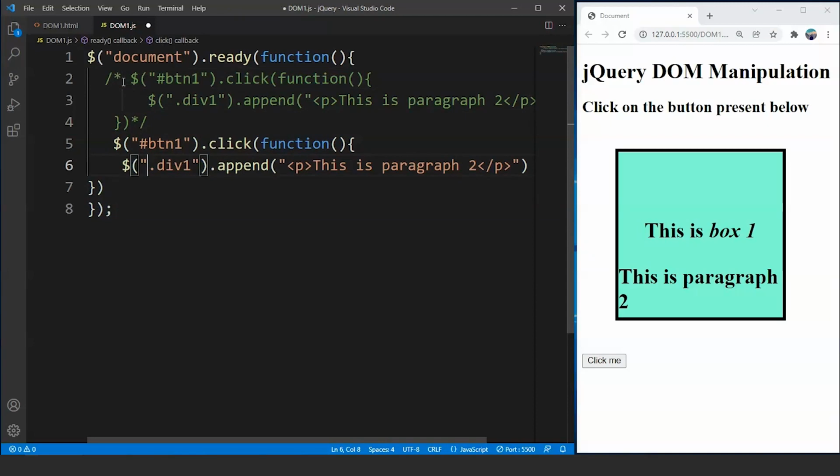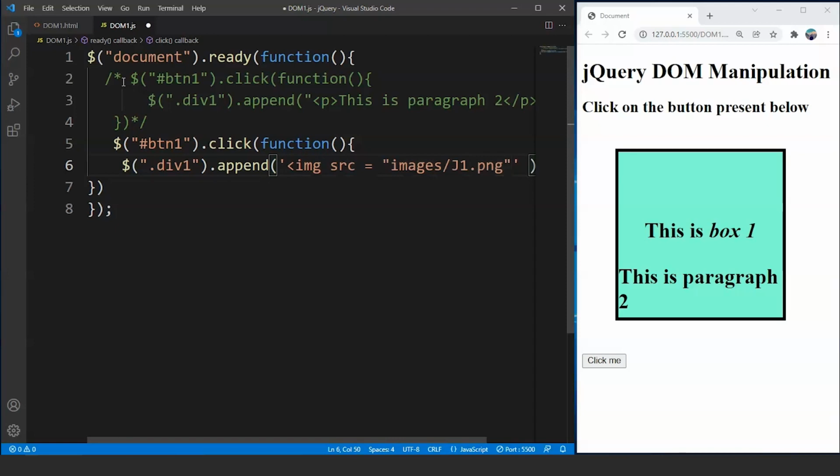Now inside here, instead of passing this paragraph tag over here, we'll write the img tag. So we'll write img src equals to, let's say, images slash j1.png. We have to put this inside double quotes.